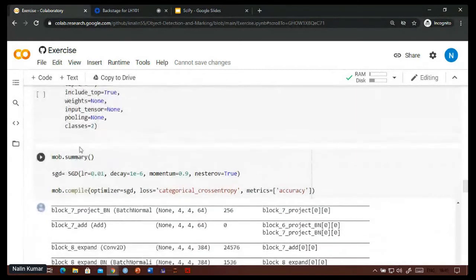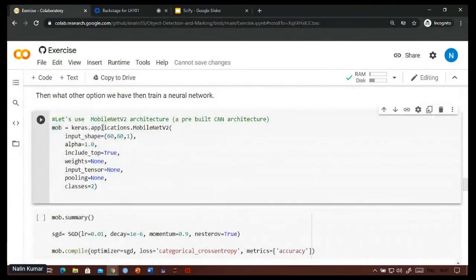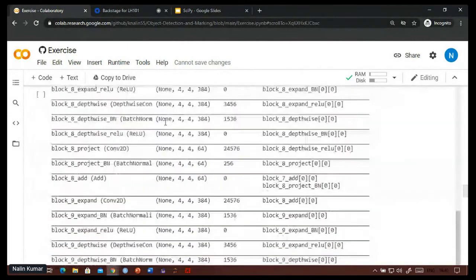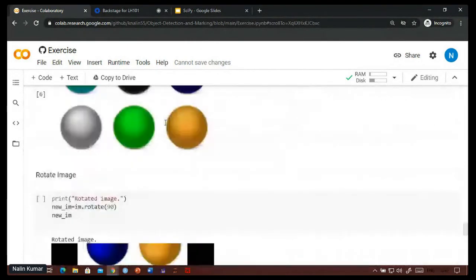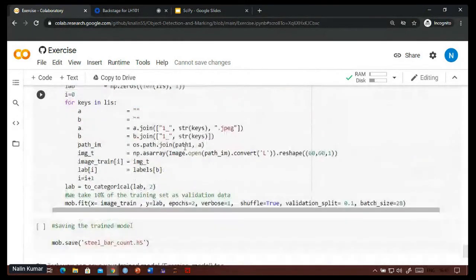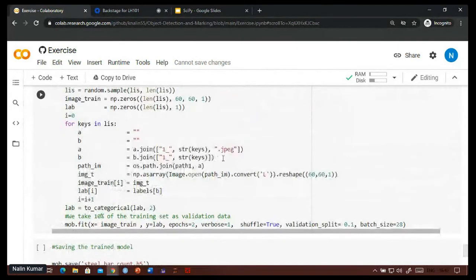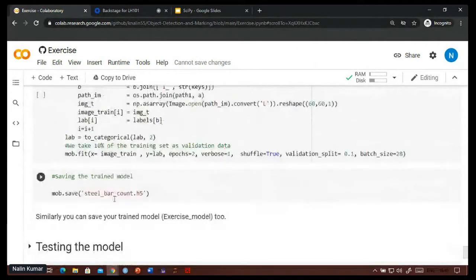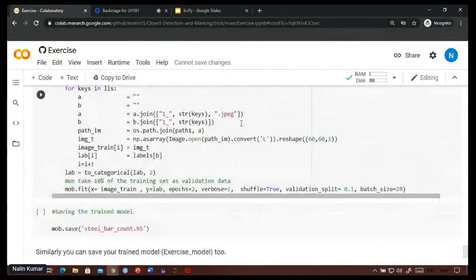MOB is the model of MobileNet V2 architecture. So we would train on this data set. Now Deepak will explain the rest of the things.